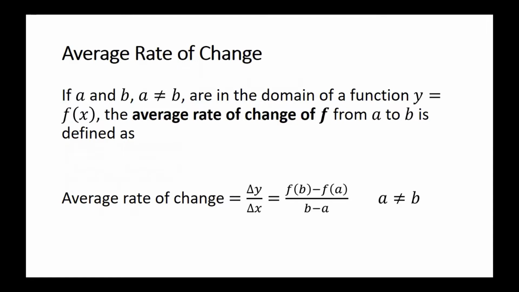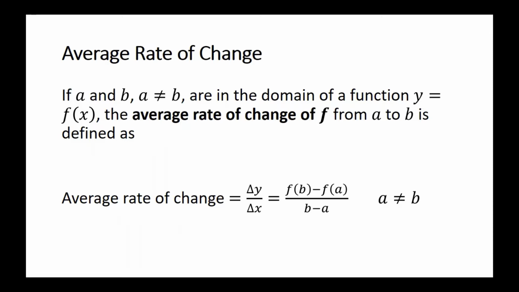Average rate of change. If a and b, where a is not equal to b, are in the domain of a function y equals f of x, the average rate of change of f from a to b is defined as the change in y over the change in x. Remember, delta y, the change in y, delta x, the change in x. Sounds like slope, doesn't it? Change in y over change in x, rise over run, is equal to f of b minus f of a